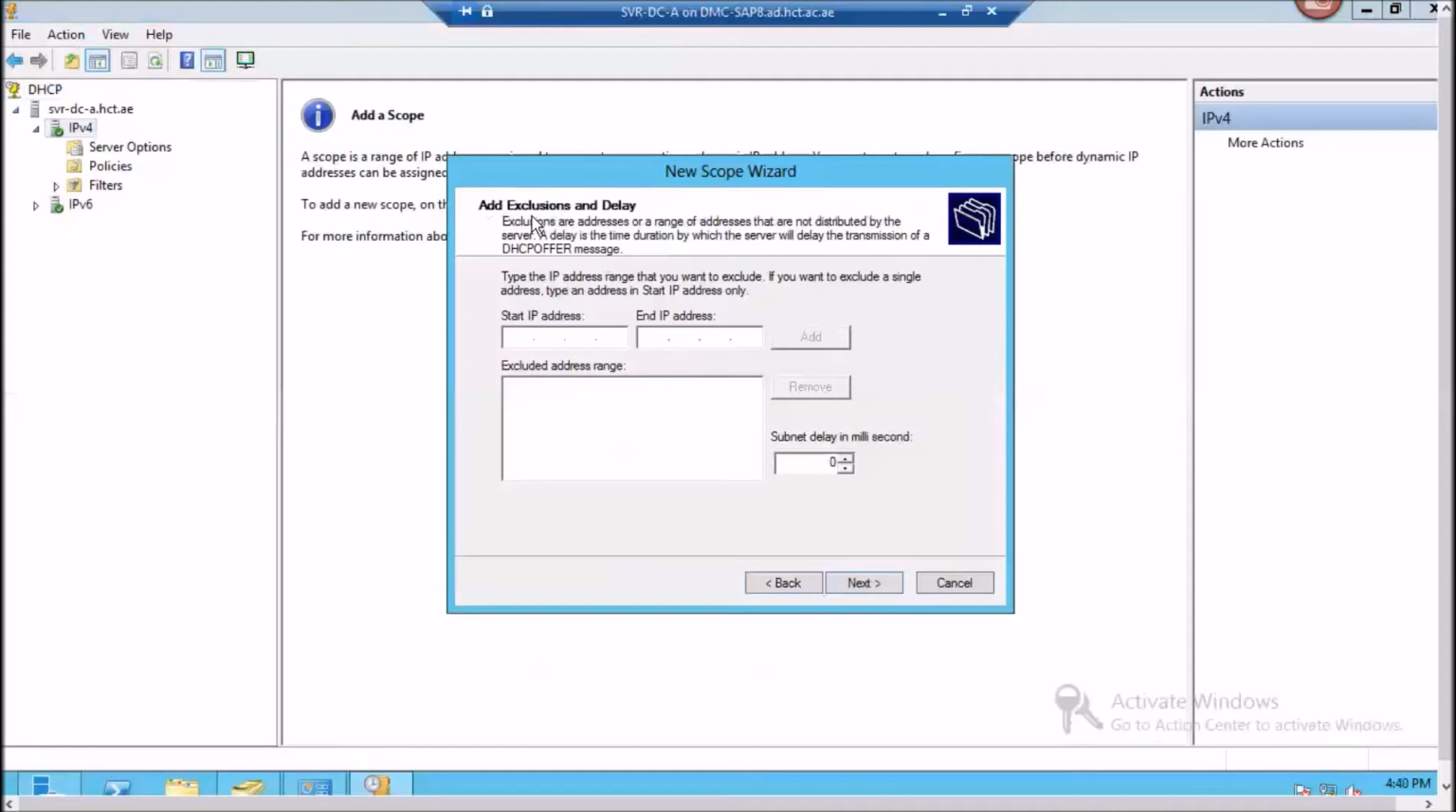Add exclusion. So now you have 1 to 100. You want to exclude any IP address? Yes, I want to exclude some IP addresses. What is the IP address which I plan to exclude? 10.0.0.1,